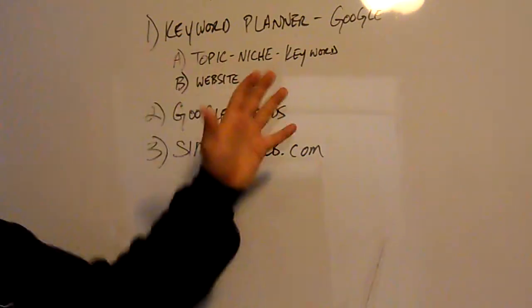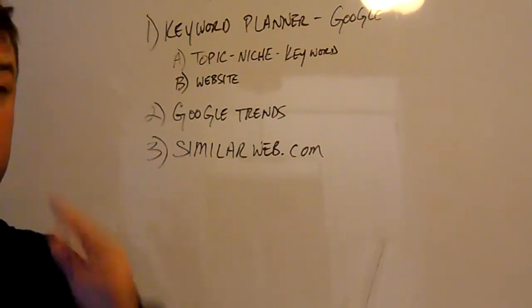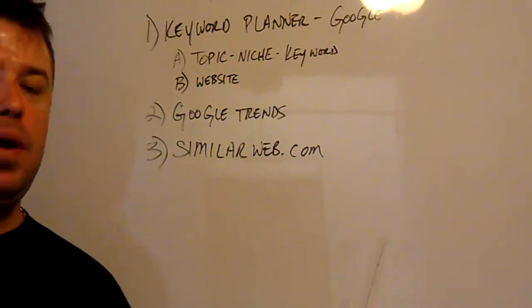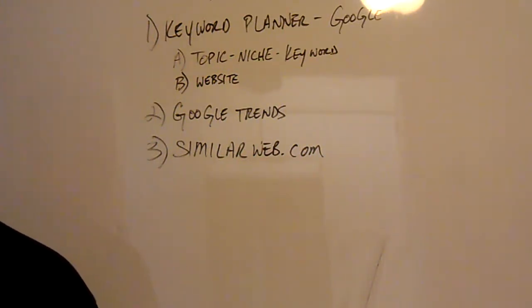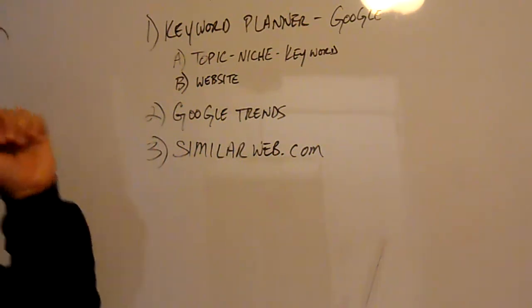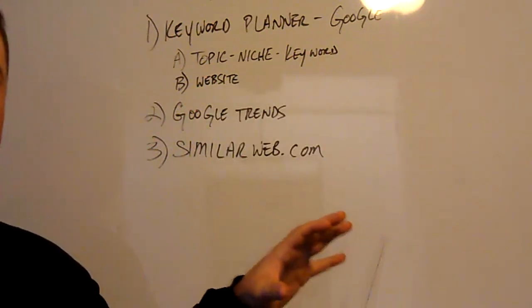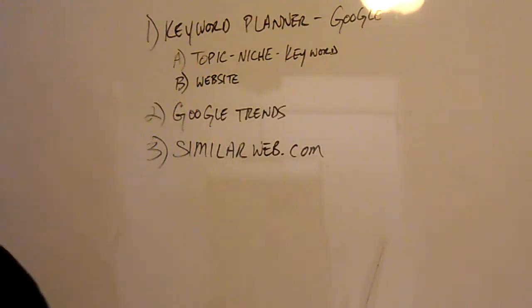Again, if you're looking to do keyword research and you want the best free ways of doing it, use Keyword Planner. And if you don't have one, just type Keyword Planner into Google, and go from there. You can use that keyword research tool in a number of different ways. And remember, I'm going to leave other videos.